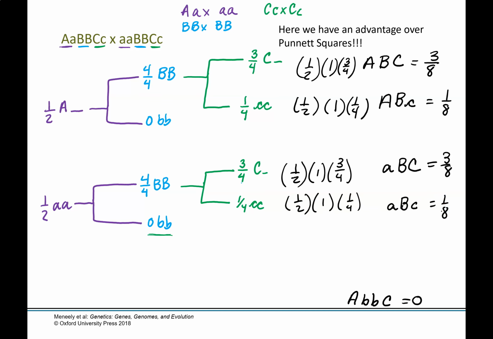And then your little a, big B, little c is also going to be 1/8. And then, of course, if you were actually given phenotypes, you'll need to write them in. But in this case, you weren't given any, so just noting that you are the dominant A is okay here. Now, you can also, again, do these individually. Just use the product rule directly with your branch diagram if that works for you.